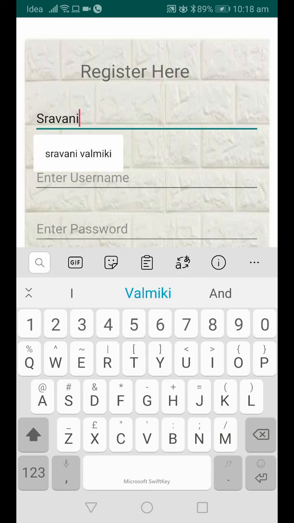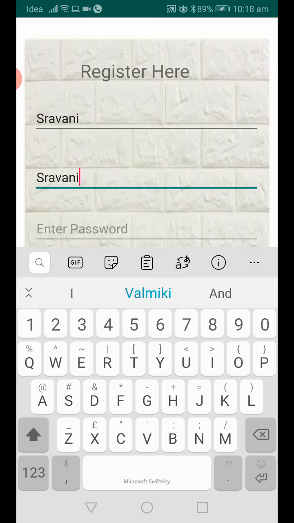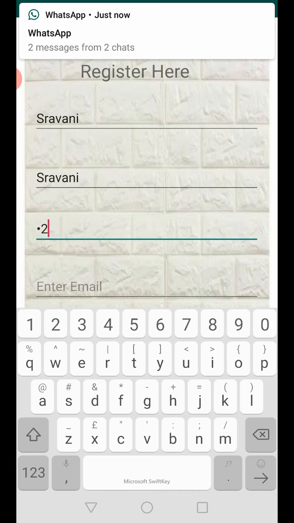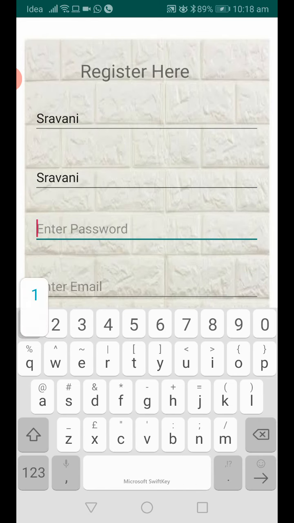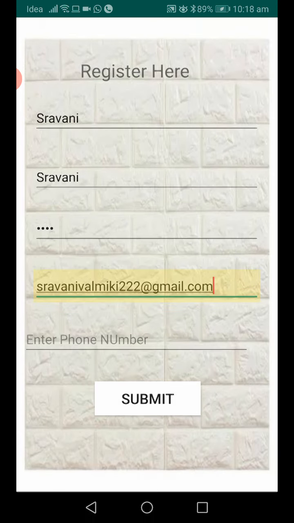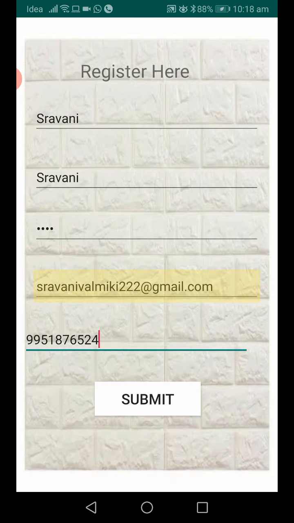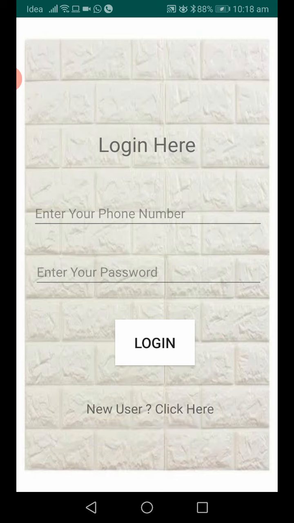So my name, and username, password, email, submitting. It's showing a pop-up like registration success.